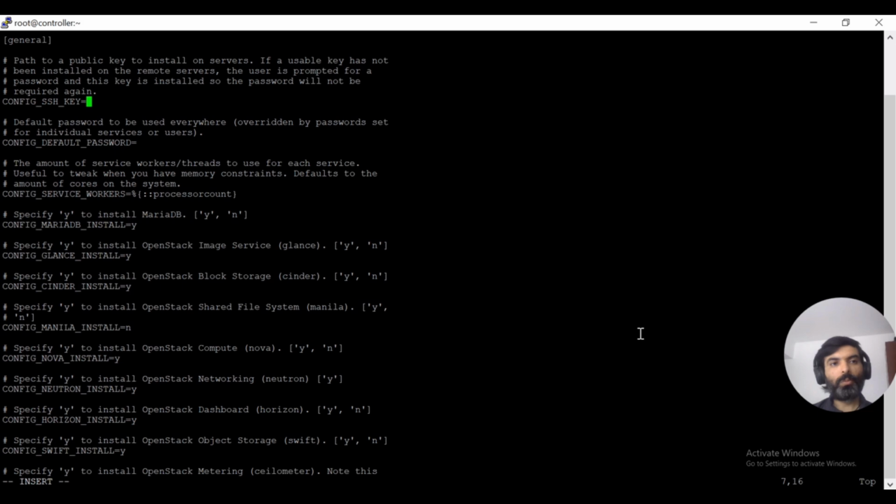Yes, we can also do it upfront as far as we are aligned with these steps. We can also remove this line and it will ask to put the password. Default password to be used anywhere, overridden by password set for individual services of all users. Okay, it makes sense to use a default password, and I don't mind this option. So I will just put